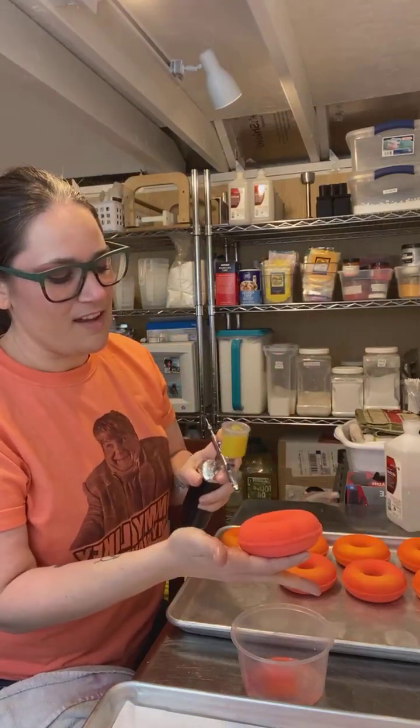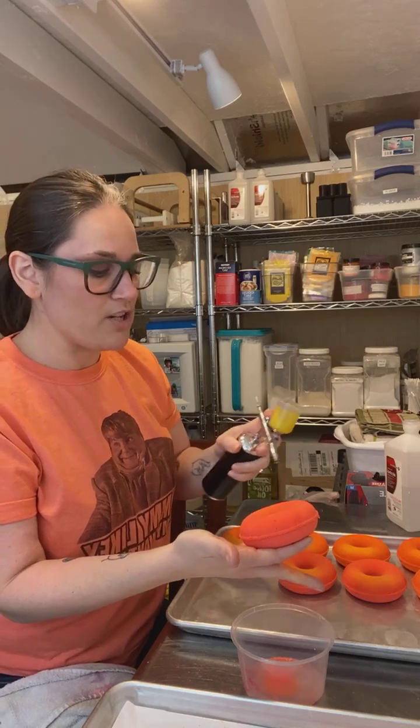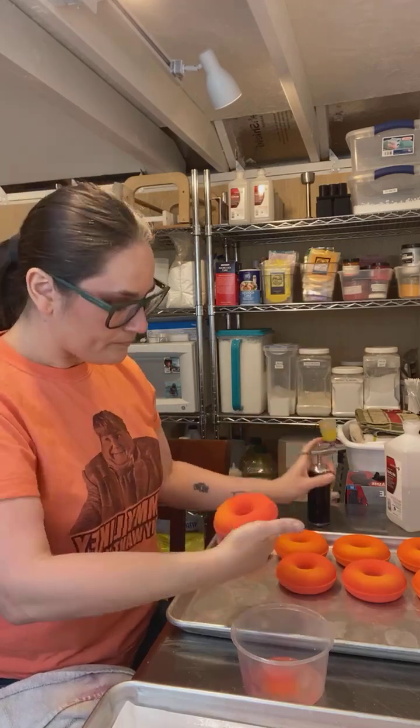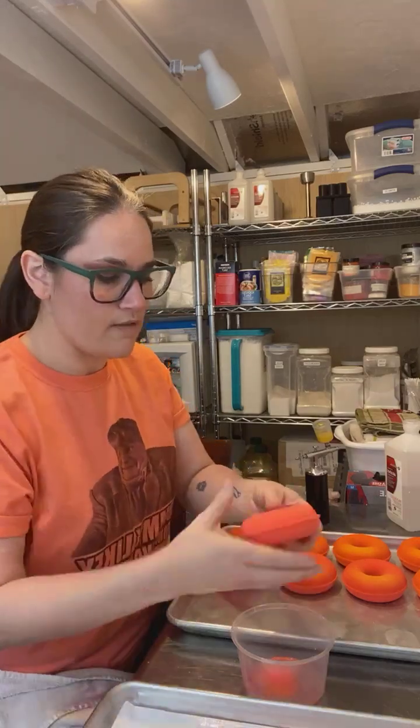And for me, I enjoy airbrushing. I think it adds a nice little touch, but it's not my main focus. My main focus is generally hand painting bath bombs. And I have 3 more of these little